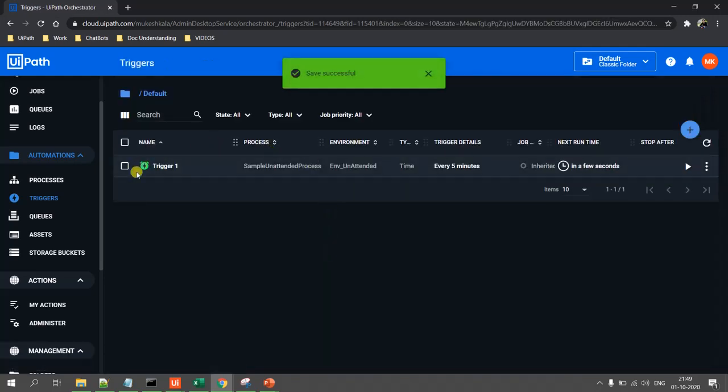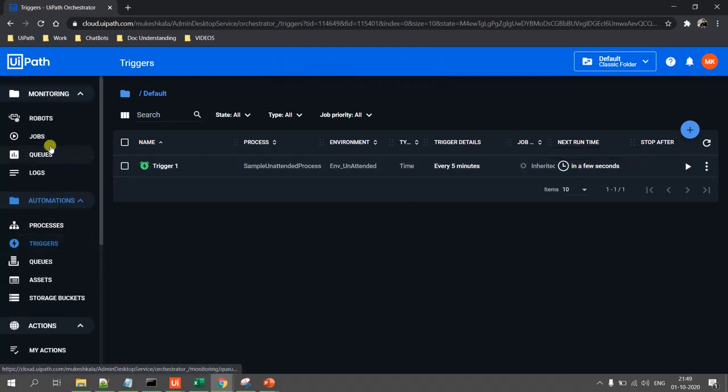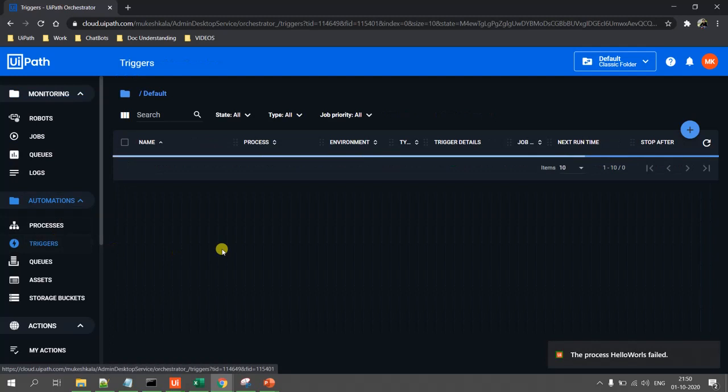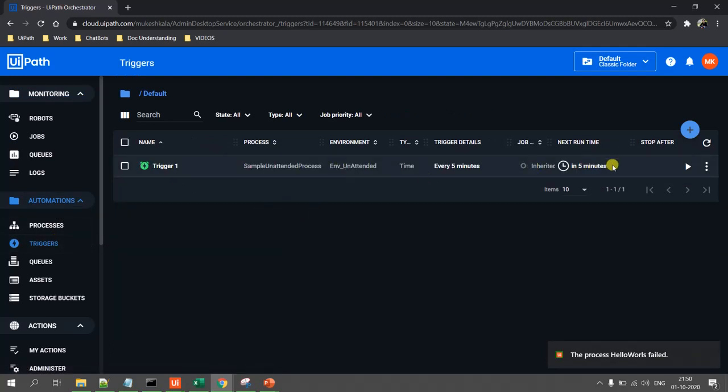As soon as I add it, you will see this is going to execute every 5 minutes, and the next run is in a few seconds. If I quickly go to the jobs pane, you will see the last job was executed 10 hours ago. If I go to the triggers, you see it runs in 5 minutes.